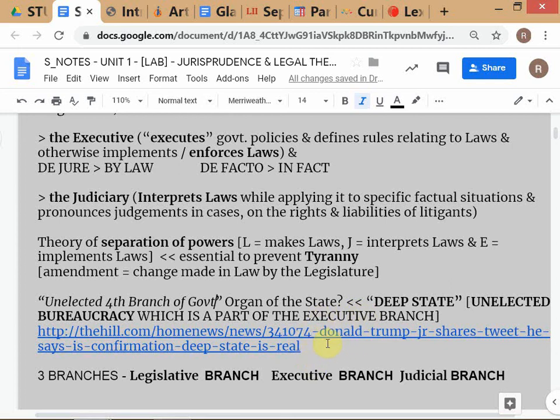So you can read this article from The Hill. It's interesting to follow the US. One of the problems that Donald Trump is facing is that he has been very disruptive; he came with the idea of disrupting. He said, I'm going to change the old ways of doing business. Now whether you agree with his policies or not, he came clearly with that message.